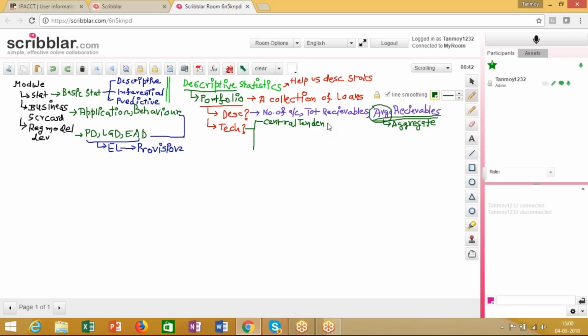The first type of descriptive measures are the measures of central tendency, which help us summarize the central tendency of the data. What do we mean by central tendency? To that I'll come down a little later. The next is the measures of dispersion or variability, right? Obviously there will always be a dispersion